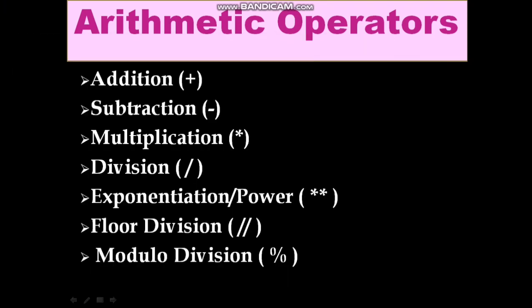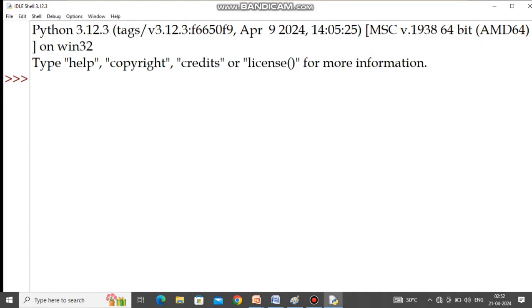For addition you may use 5 plus 3, which gives you the answer 8. Then 7.5 plus 3.2, which will give you 10.7. So this is how we use the addition operator, and this operator actually has two special functions. It can perform mathematical calculation like addition, and one more thing it can perform is called string